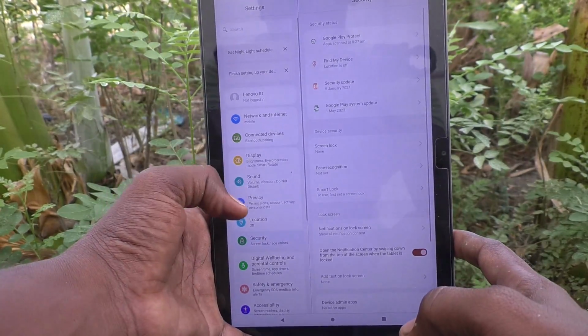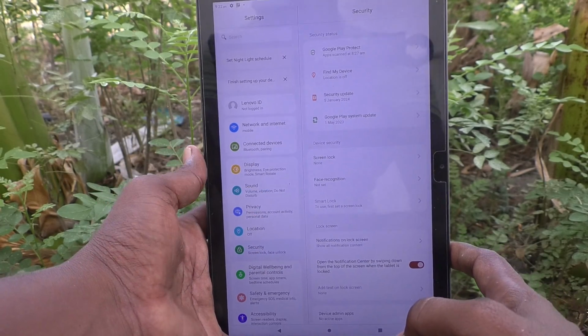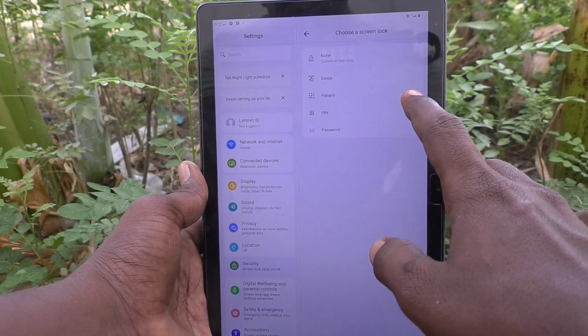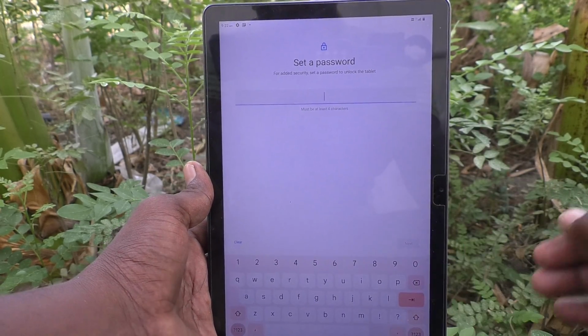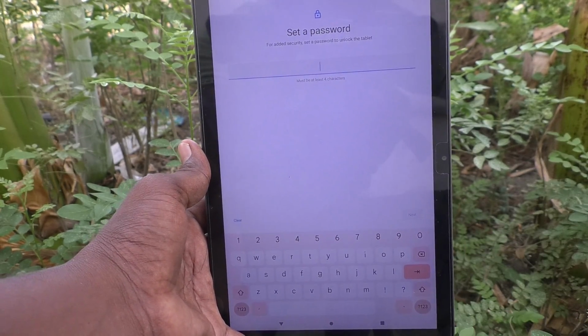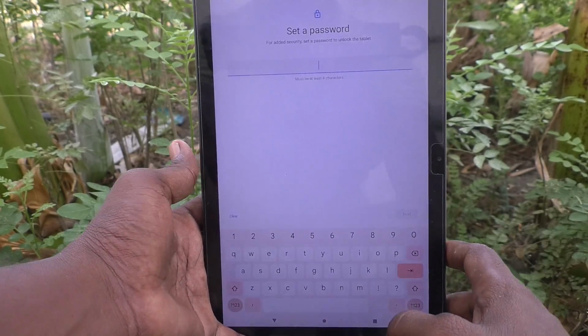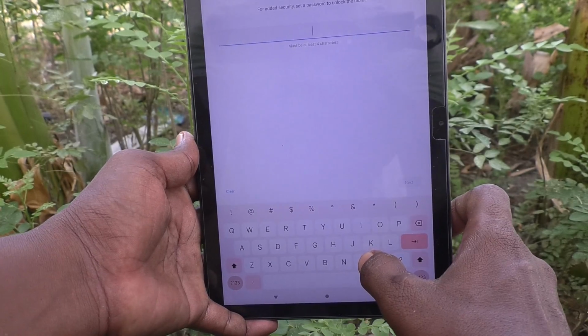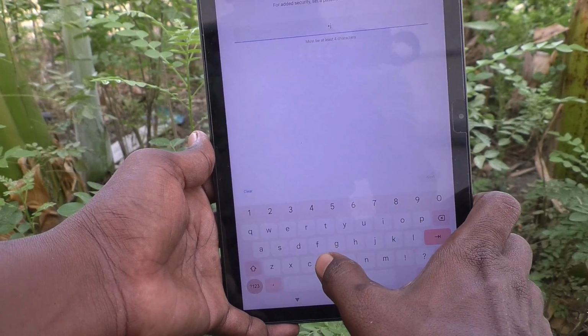Go to settings, then go to security here, and here select screen lock and click on password. Now you can set a password of your choice, that is combination of letters or numbers, that is called alphanumeric password. So here I just type alphanumeric password Mickey